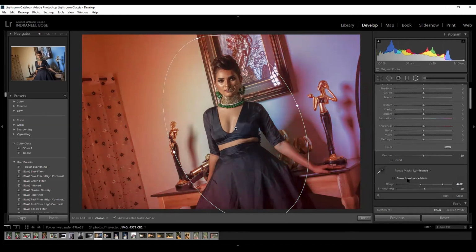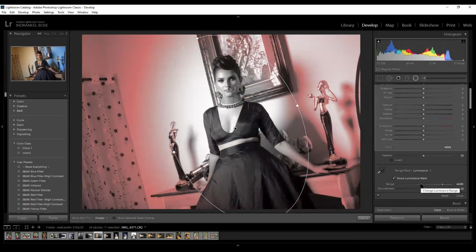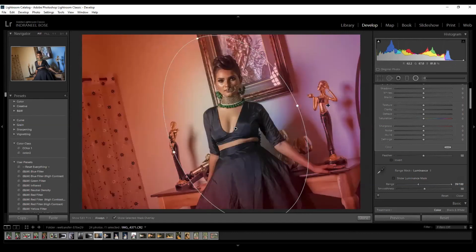See, with the luminance, I can see this is the only point that I'm trying to work on. Got it? See, the inner is blacked out. Outer is the zone which it will work on. Okay, now let's go O.